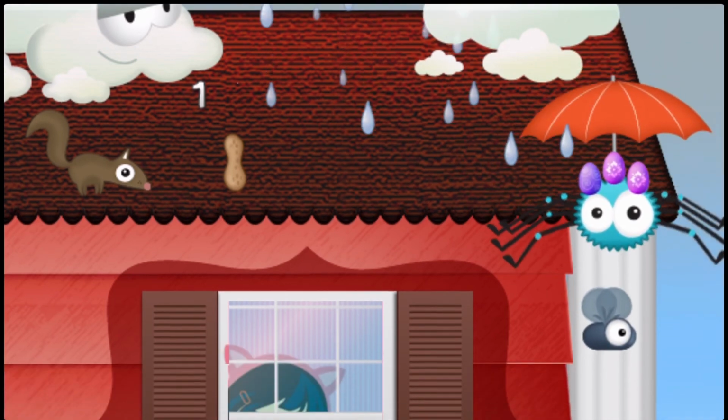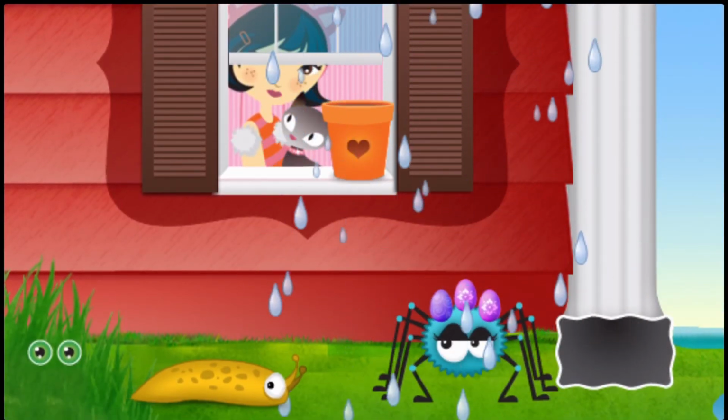Down came the rain and washed the spider